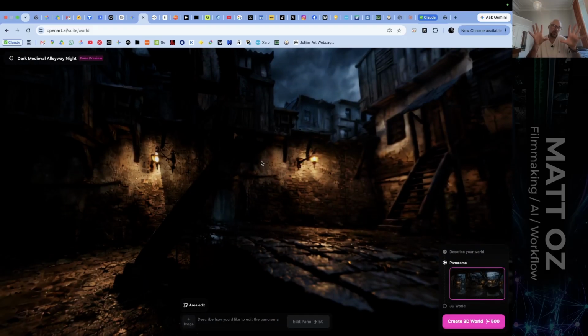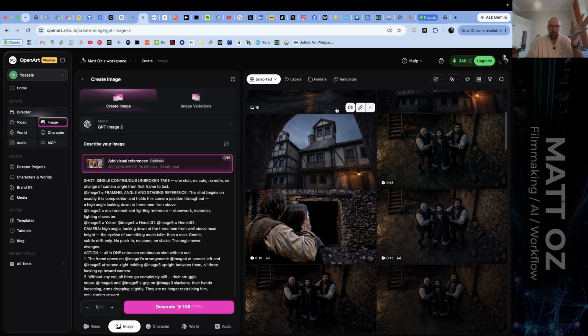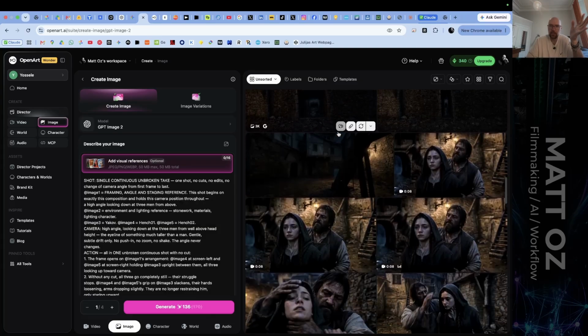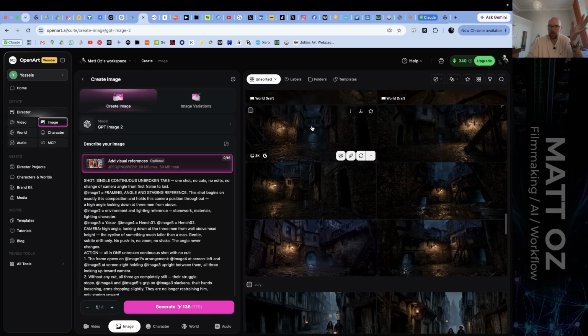Because I wasn't quite getting this right, and it's maybe not necessarily a problem with the world builder itself, I think there were a couple of challenges. First, with the street being a boulevard and not being able to adhere to the kind of environment that I wanted. You can work around that kind of thing with trick photography, let's say. But I wasn't confident that I would get the environment that I wanted. So I ended up going into the old way of doing it, which is to go into Nano Banana, and I spammed various street environments